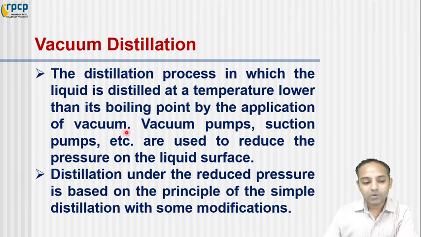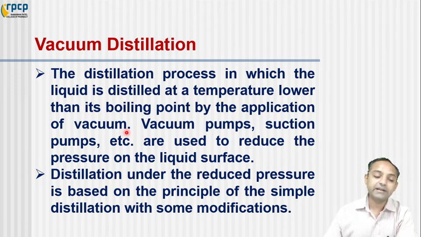So why is vacuum distillation required? In the previous session, I discussed the purification of two solvents, DMSO and DMF. Both solvents are degraded at their boiling points, so for that we have to apply vacuum, and they can be purified by vacuum distillation. When we apply the vacuum, the boiling point is depressed. For example, the boiling point of DMF is 153 degrees, but it starts to distill after applying the vacuum at 90 to 95 degrees centigrade.